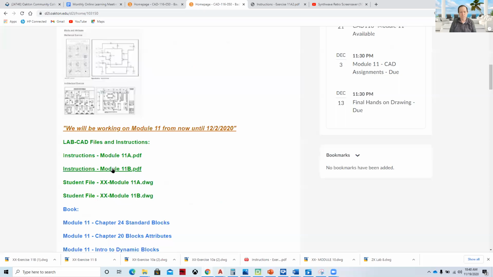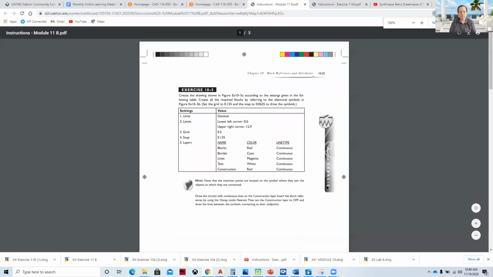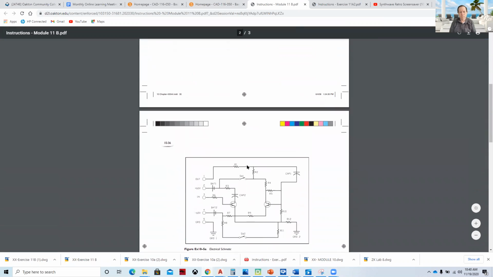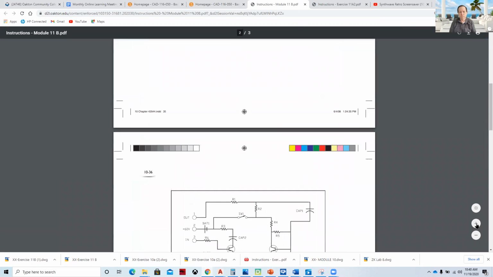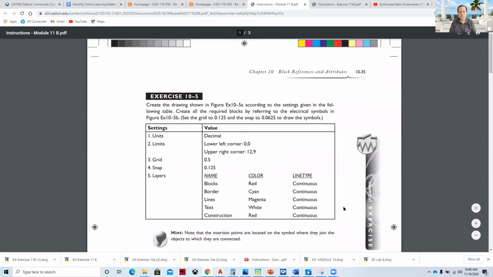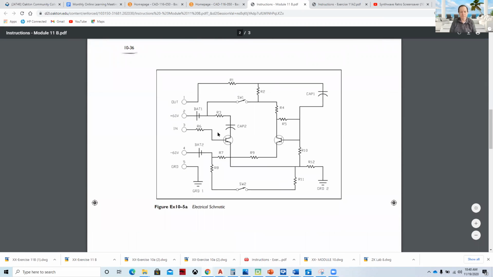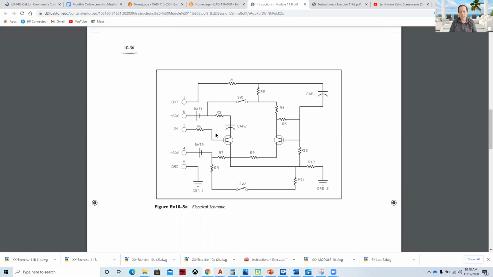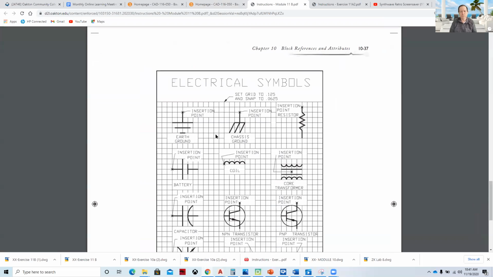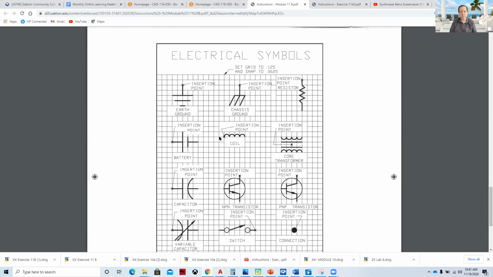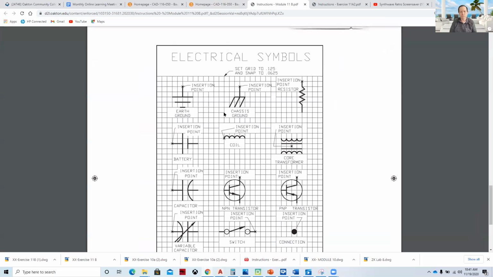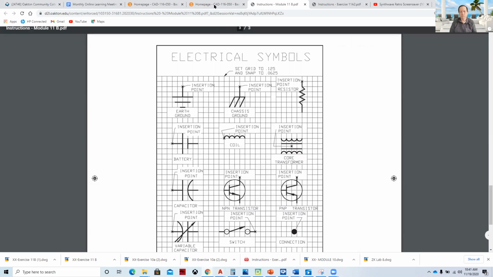the second exercise is the electrical schematic. And so here's the electrical schematic in the instructions. Again, we included a student file, so everything should be pretty well set for you as far as layers. And we've also got a video. And so the way that we would do this electrical schematic is we download the student file, and then we create the symbols of the electrical symbols using our pre-existing drawing template file for the students. And so if we come back here,